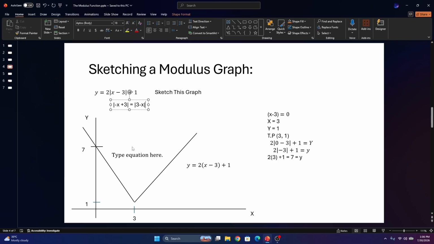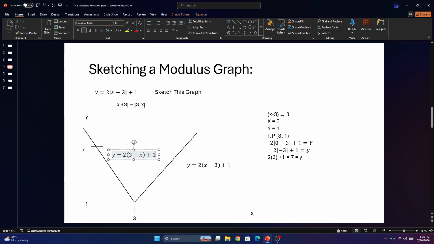This is what we're going to use as our brackets right here, and it's basically the same as before. y equals 2 brackets of 3 minus x